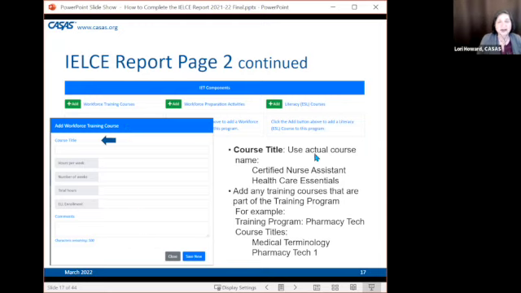Okay, so here it says course title, use actual course name. It might be the same name as your training program, but it might be different. So for a certified nurse assistant, in one of the schools, there's a certified nurse assistant course, and they probably have semester 1, semester 2, semester 3 of that course, let's say, or 301, 302, 303. And then there's also healthcare essentials. That's an added course, or maybe there would be medical terminology as part of your certified nurse assistant. So for each of those courses, you would list the hours per week, the number of weeks, the total hours, and the